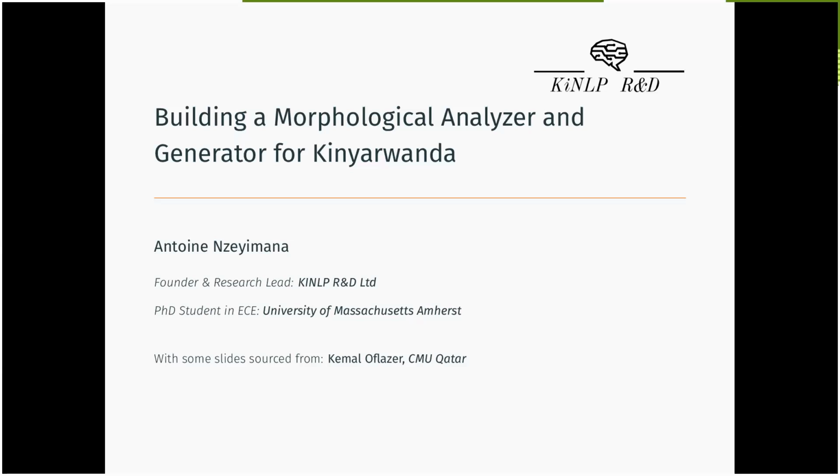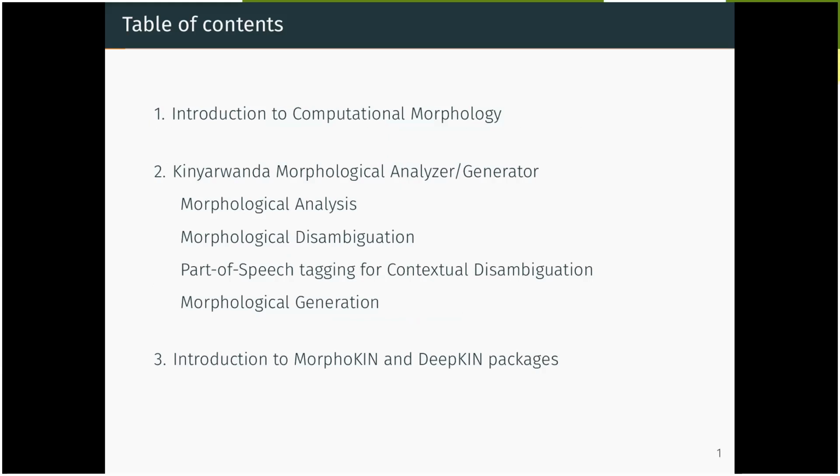I'll be using some slides from Professor Kemal Oflazer, a professor at Carnegie Mellon University in Qatar. I think he's the world expert in computational morphology, so I'll start by presenting some of his slides, which talk more generally about computational morphology. And then in the second part, I'll be talking about the morphological analyzer and generator that I have worked on,